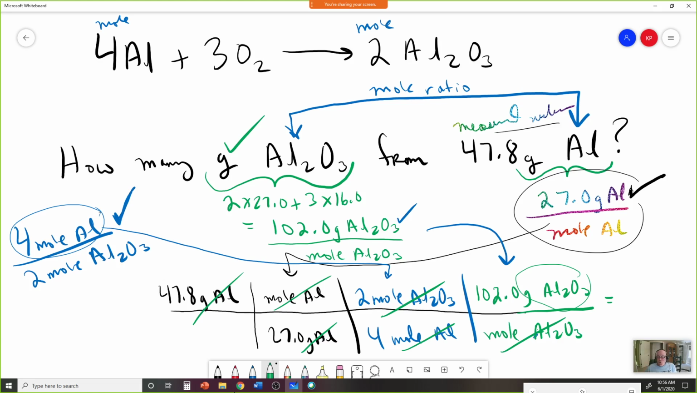Like I said, don't jump to the setup. You have to pull down the pieces that you need based on the answers to questions. So I put this on my calculator: 47.8 times 2 times 102 divided by parentheses 27 times 4. By the way, it's everything on the top divided by everything on the bottom, because it's a big fraction. And I get 90.28888